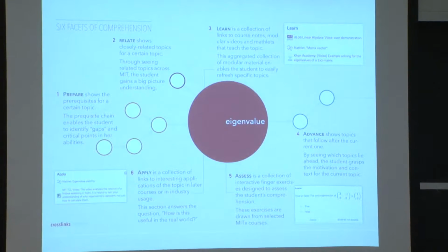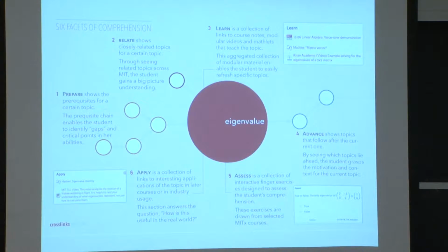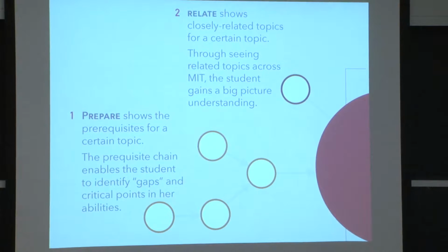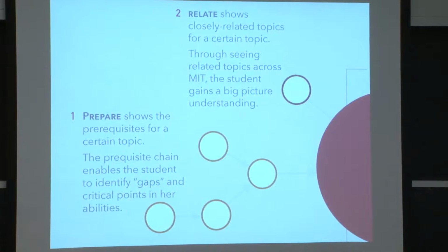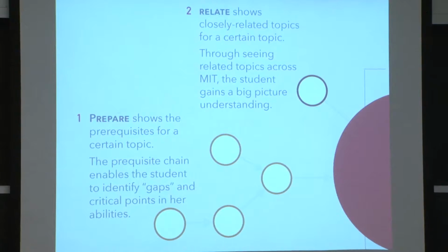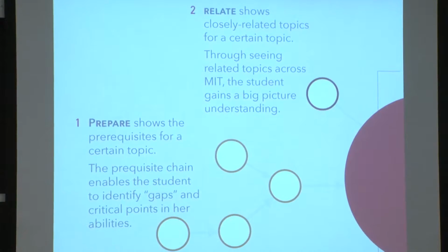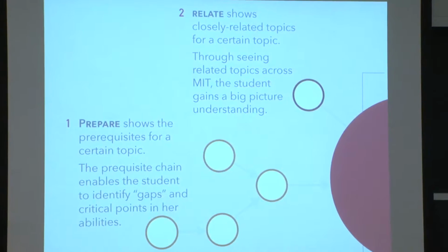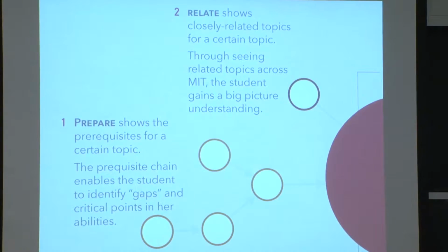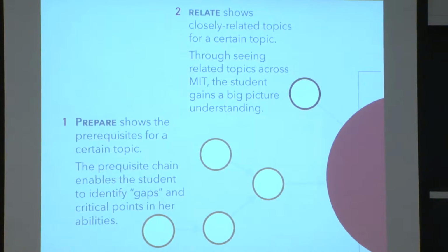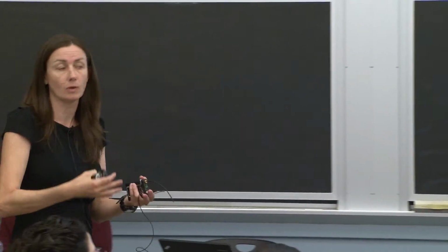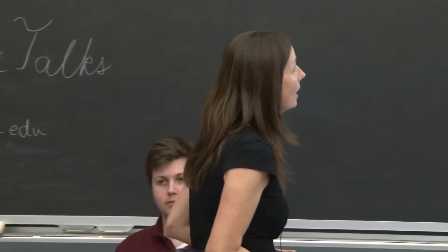And I'm going to take you through the various pieces, talk about what's captured there, and then I'll show you how that's manifested on the crosslinks site. So prepare is, again, this idea of prerequisites, but now we're thinking about topic prerequisites as opposed to a particular outcome. And this is really, I've got a problem set. The problem set requires me to calculate eigenvalues and eigenvectors of a matrix, and I don't remember how to take the determinant. So taking the determinant is a prerequisite topic for what I'm doing with the eigenvalue or the